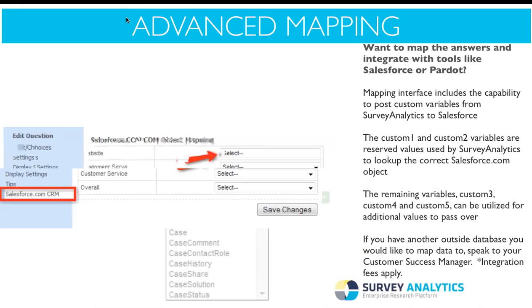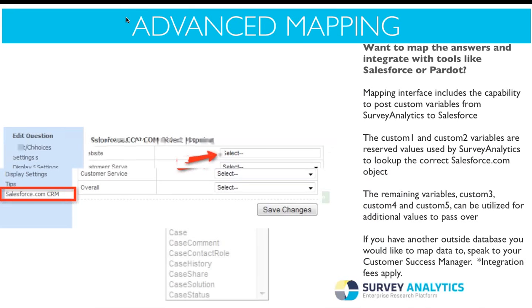Jump into the template, and then on the side, once you have a Salesforce connection, you'll see a Salesforce.com CRM option. Select that, and then you can tell it where you want to map particular answers. Once you have that saved, the answers will be collected and automatically pushed over to tools